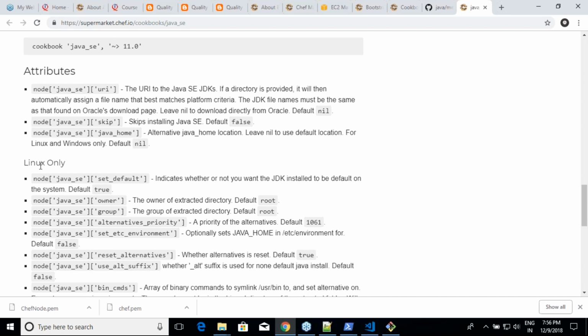Because tomorrow, if you write your cookbooks, you might put in your own variables, right? For example, if you remember, when you were writing the LAMP stack, I created an attribute called package name. Now tomorrow, if I want to upload that cookbook to the Chef server and say that it installs any web server, then how will I write the documentation? There is an attribute called package name that has a default value of Apache 2. Now if you want to install Nginx, change that value to Nginx. How do you change that value? Use this attribute, and that is what this attribute is meant for. So the whole concept is, whenever you are using the Supermarket cookbooks, you should read this. There is no other way out. Okay, am I clear on this?